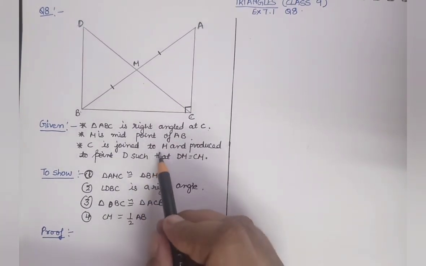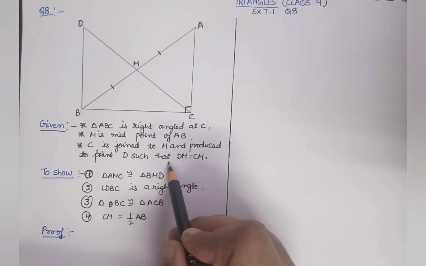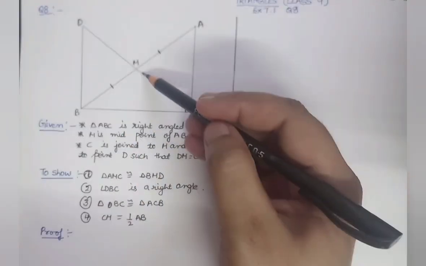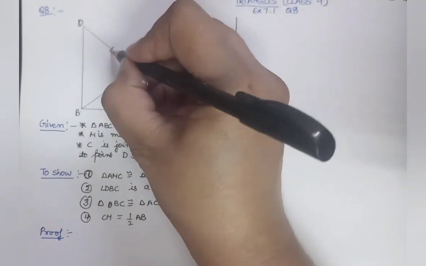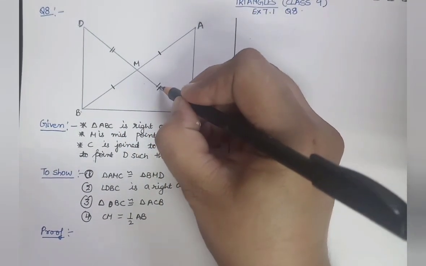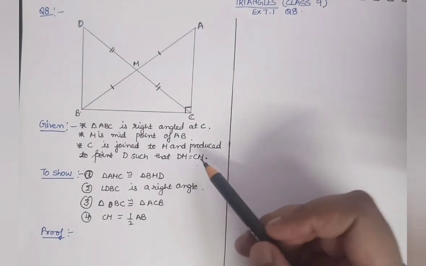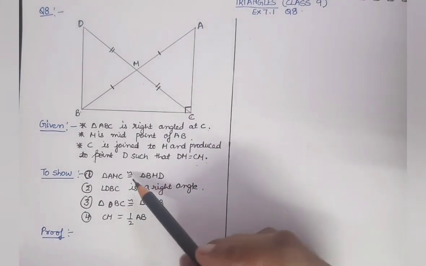Then C is joined to M and produced to point D such that DM is equal to CM. So DM is equal to CM. So I will mark these also as the equal parts. Now this is what all is given to us, and what we are actually supposed to prove is, first part,